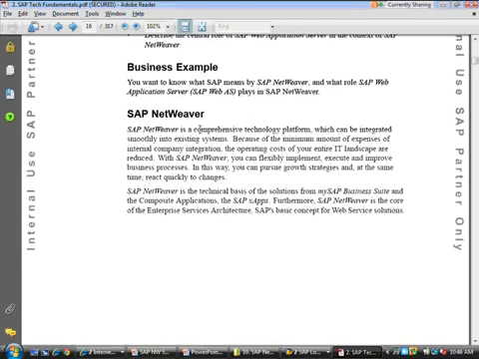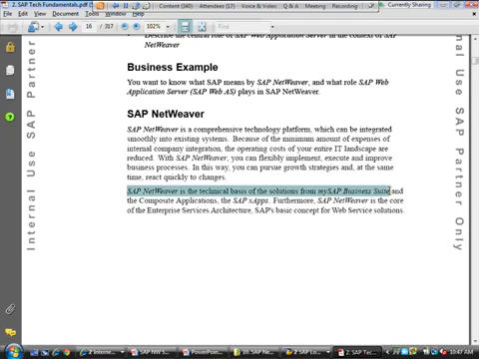This is the definition. SAP NetWeaver is a comprehensive technology platform which can be integrated smoothly into existing systems. Because of the minimum amount of expenses of internal company integration, the operating costs of your entire IT landscape are reduced. This is the foundation. And it is also the technical basis of the solution for my SAP Business Suite.